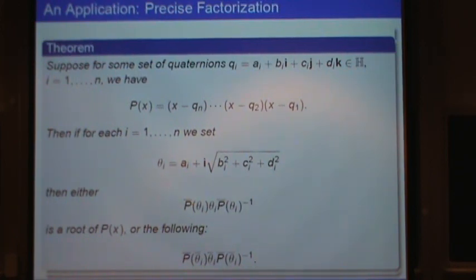So we have two cases. Rather than saying that there is something in this conjugacy class, we can just say either this or that. Approximation of zeros of a quaternion